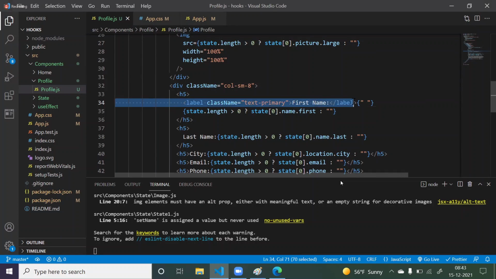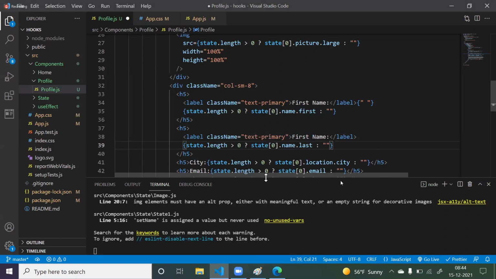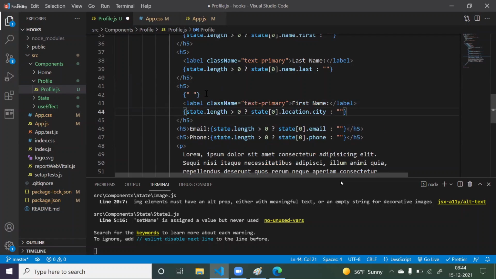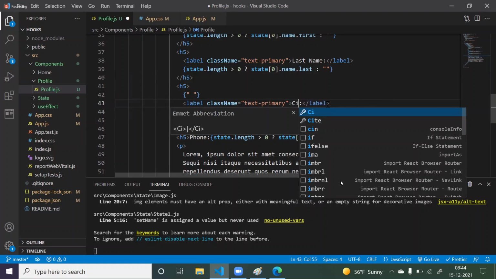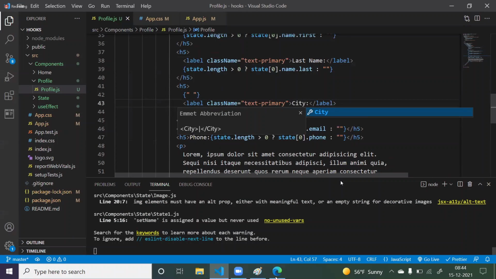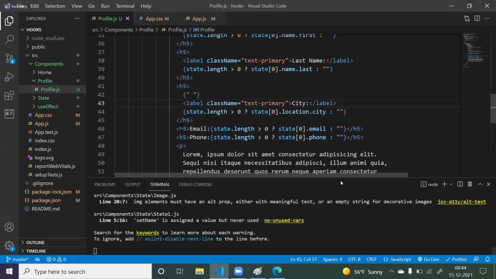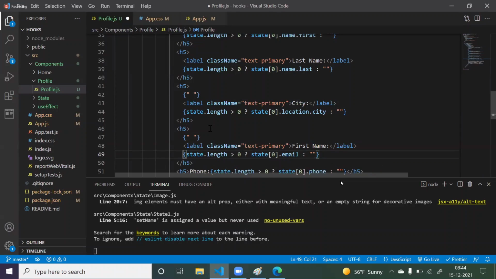So I'm just copying this label. Now here, instead of first, last name. Here it should be CT. And you got CT. In the same way, you can make this also email. Here we can simply say email.